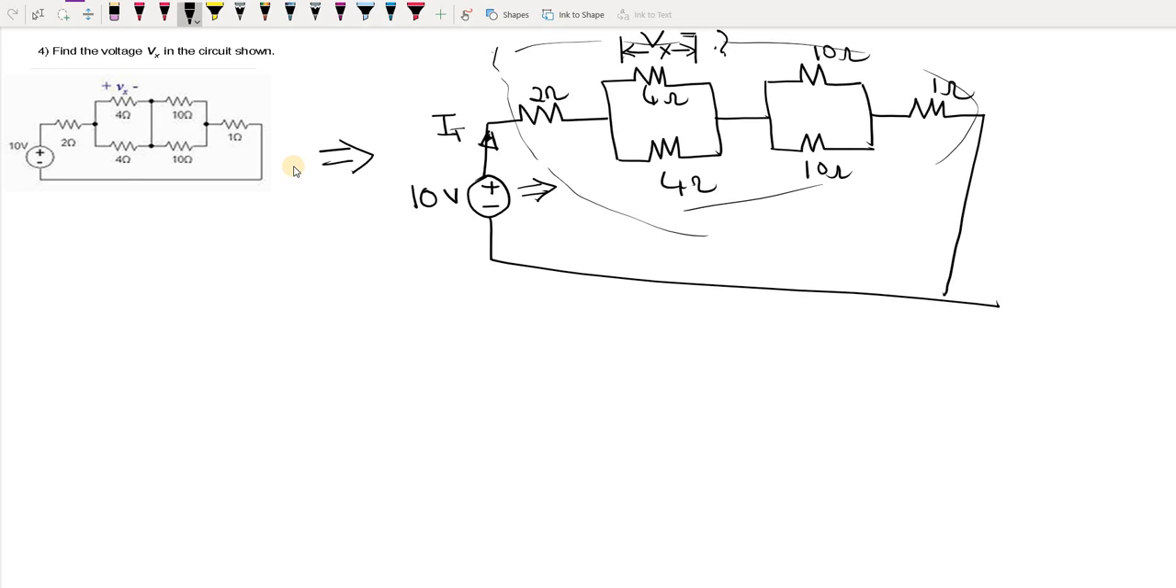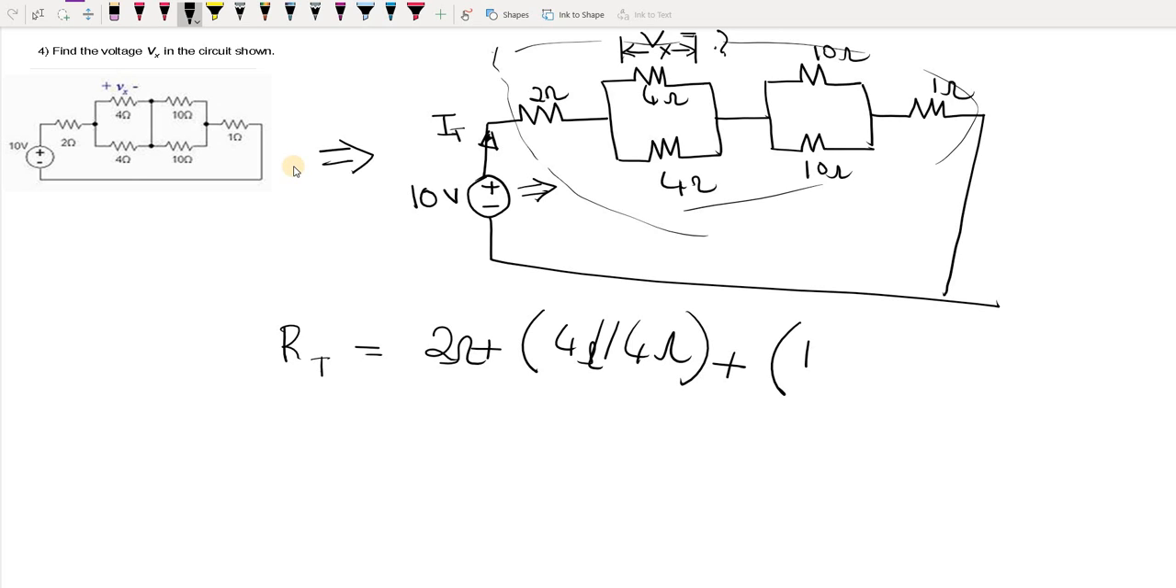R total is equal to 2 ohm in series with the 4 ohm parallel with the 4 ohm. Correct? 4 ohm in parallel, this is 2 ohm. That is in series with, again one more parallel branch, 10 ohm parallel with the 10 ohm. That is in series with the 1 ohm. So therefore